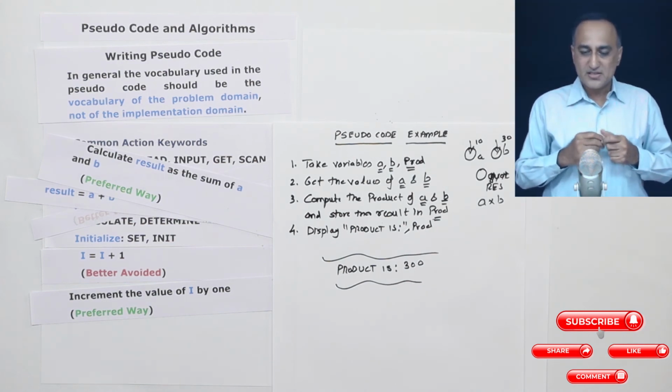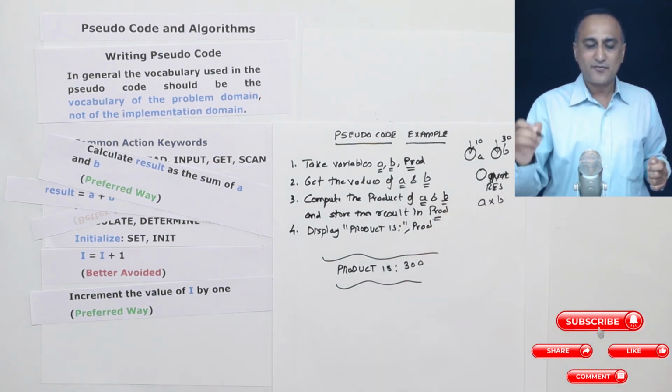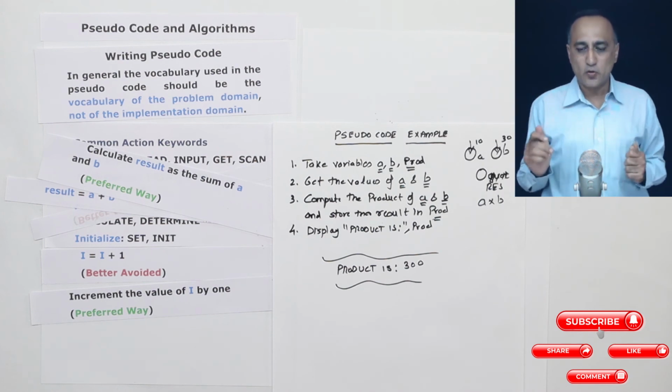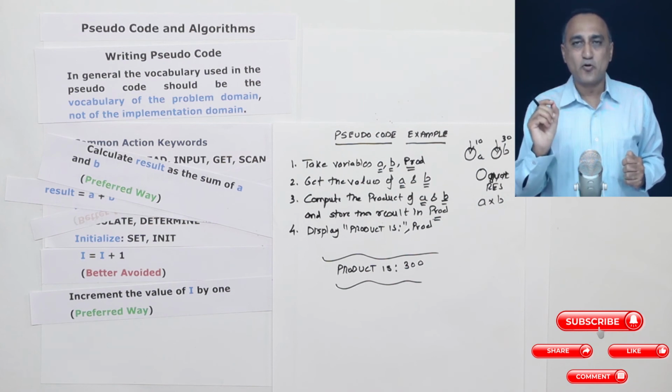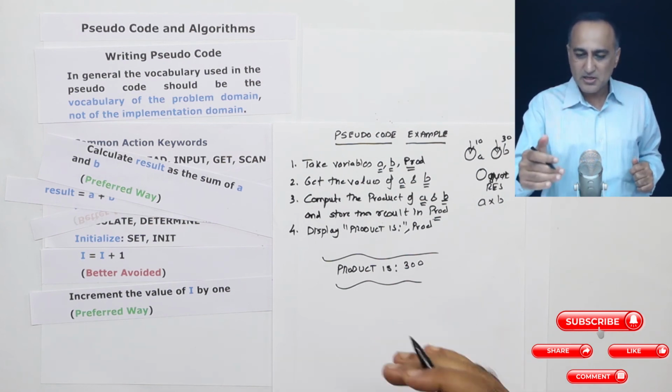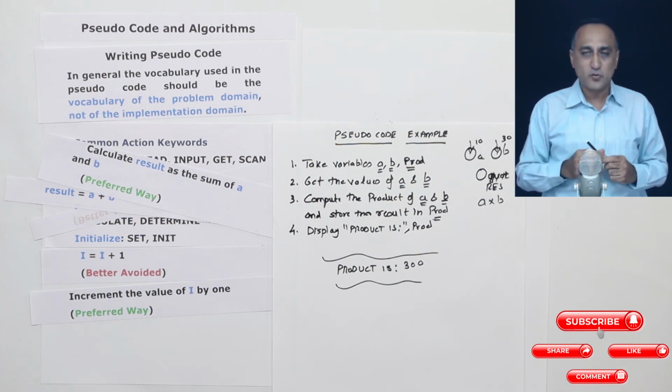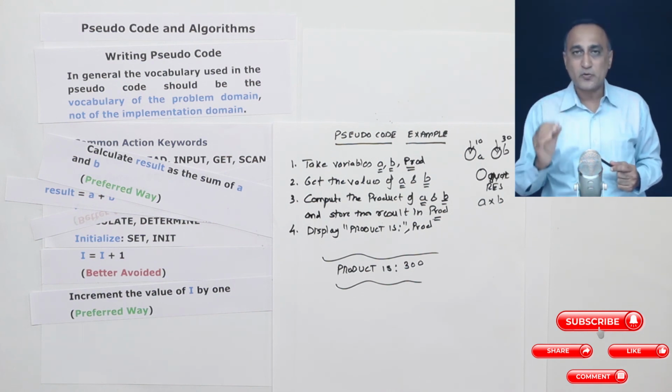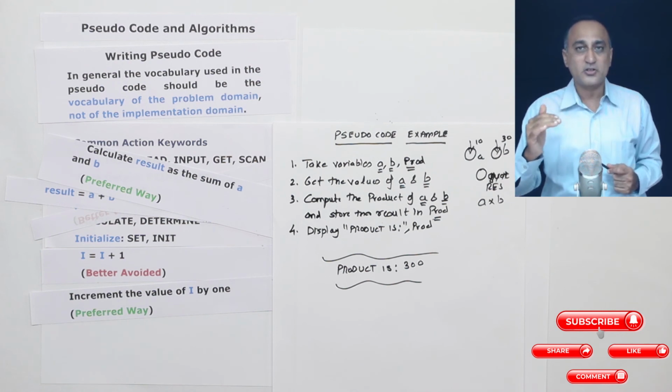So this is the way you will have to attempt to write a pseudocode. Don't make it look like any particular language like C, Fortran, COBOL, Java, or Python. It should be very much English-like, so that any person who is not very familiar even with programming is able to understand the logical flow of the problem solving process.